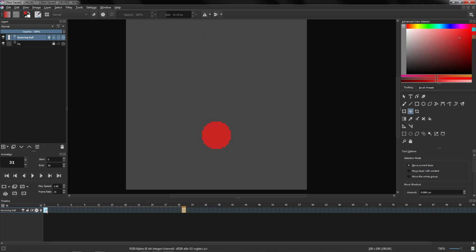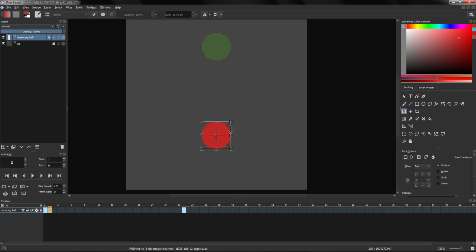I'm actually going to duplicate this here, and now with my transformation tool I'm going to press Alt to resize this on both sides at the same time, and without Alt I'm going to make it like this. So this is basically an anticipation before it starts to jump, and I'm going to make another step,